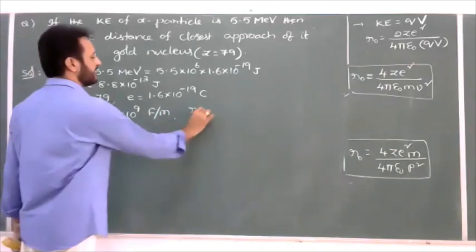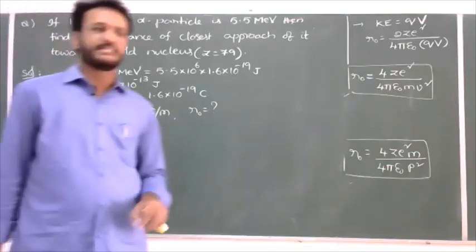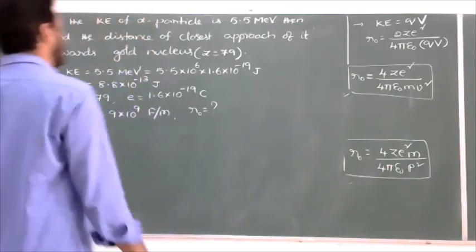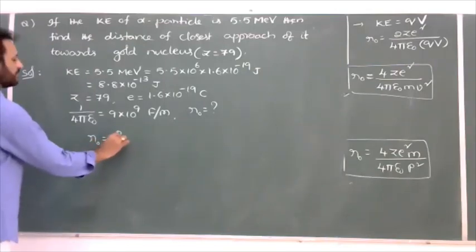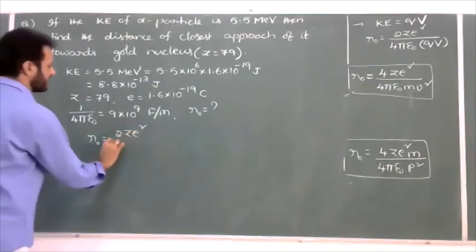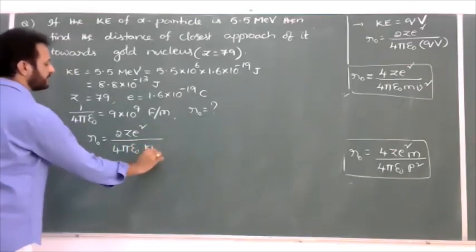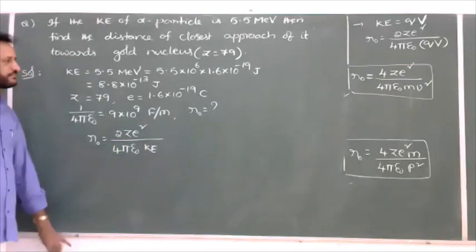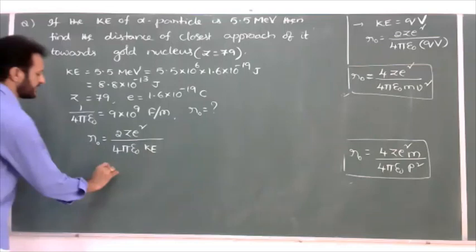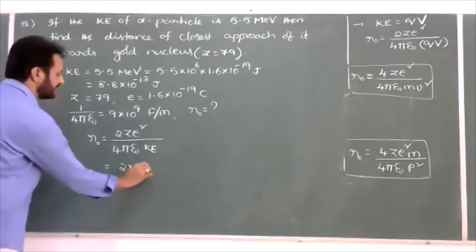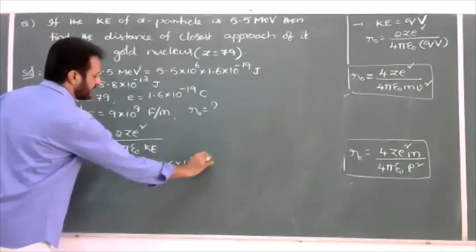And calculate R naught. So now only we derived the formula. Distance of the closest approach R naught is equal to, so check the related formula or suitable formula. R naught is equal to 2 into Z e square by 4 pi epsilon naught into KE. You should use this formula. That is equal to 2 into Z value 79, e square 1.6 into 10 to the power of minus 19 whole square